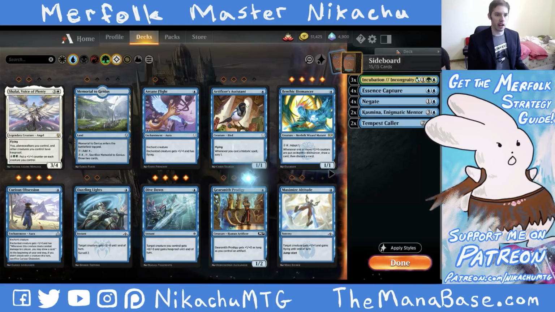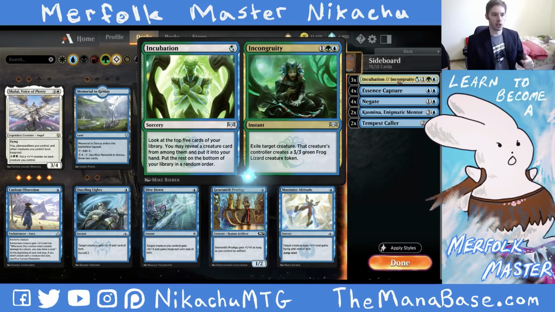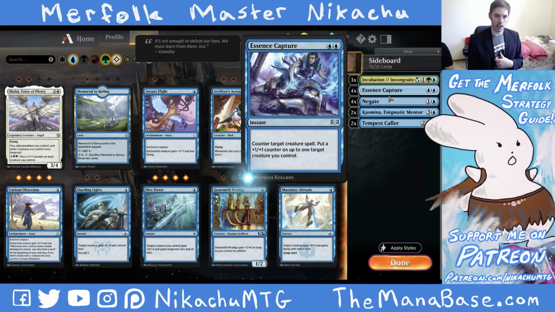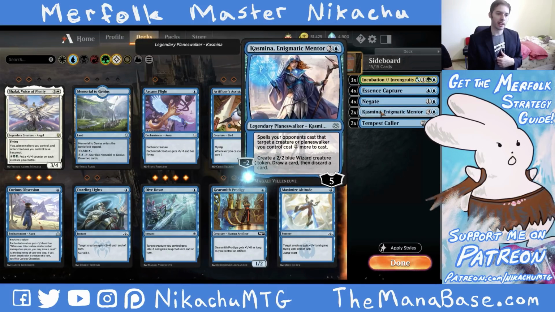So moving on to the sideboard. I still don't know exactly what the sideboard should look like. We're going to play with 3 Incubation and Incongruity. Usually I'll bring this in against removal heavy decks so that we can exile our own creatures, turn them into 3/3 frogs, or if they have a really big creature we have to deal with, we can turn that creature into a 3/3 frog. Essence Capture for the creature-based decks, Negate for the control decks or combo decks,